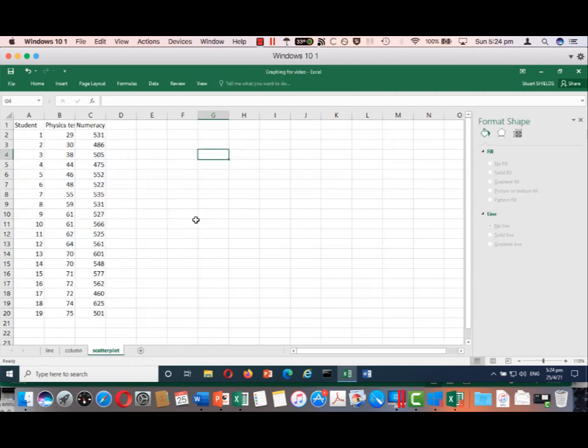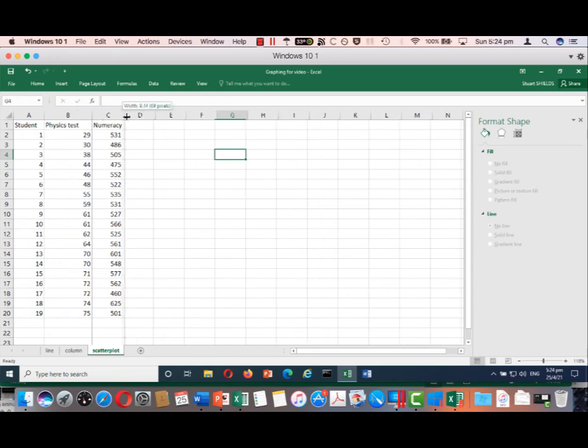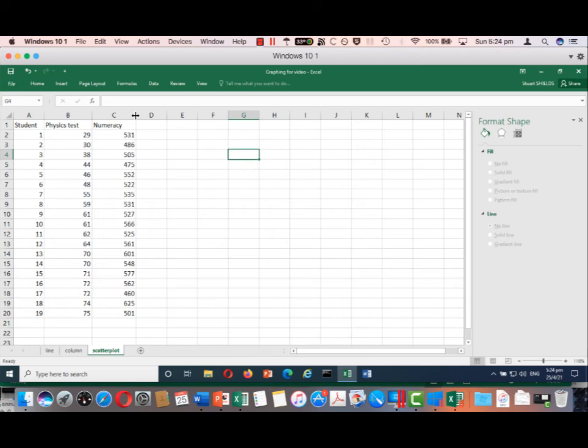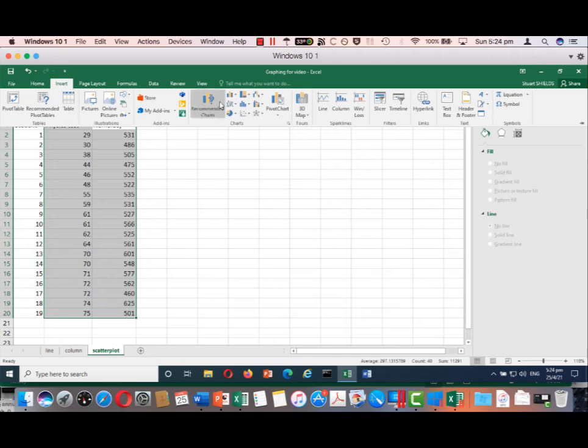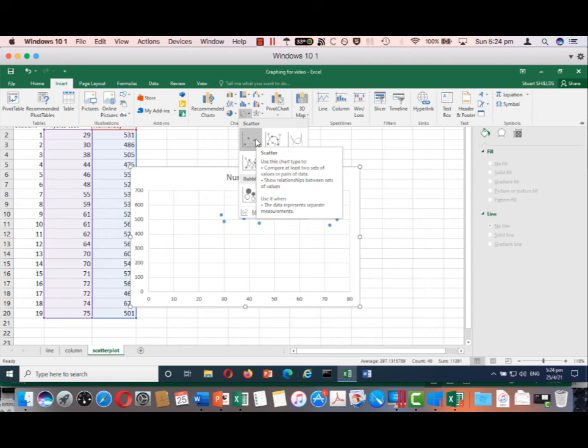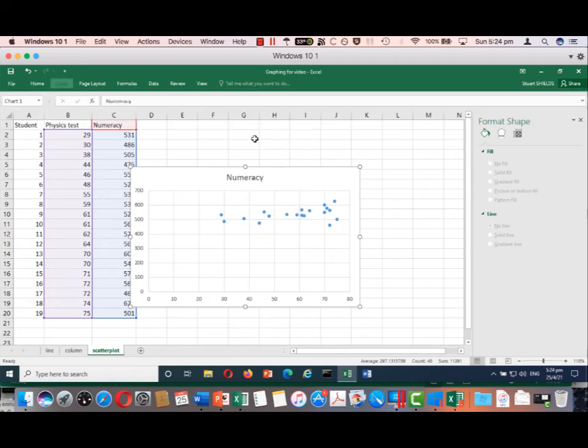And now to our scatter plot. So I have 19 students, I have their physics test mark, and I have their NAPLAN numeracy mark. So how am I going to graph these? Well, let's select just these two columns. I won't select the students. I'll go insert and I will choose simple scatter plot. So that's what I'm after. It doesn't have all the students down the bottom,